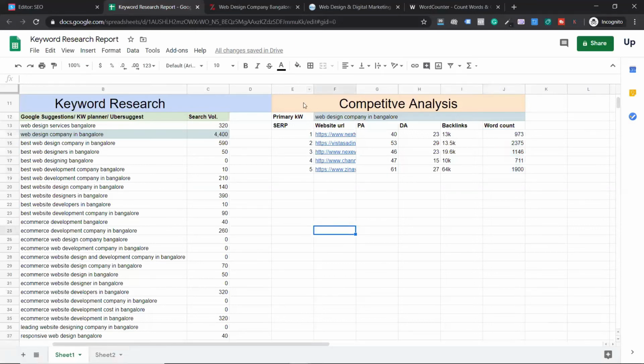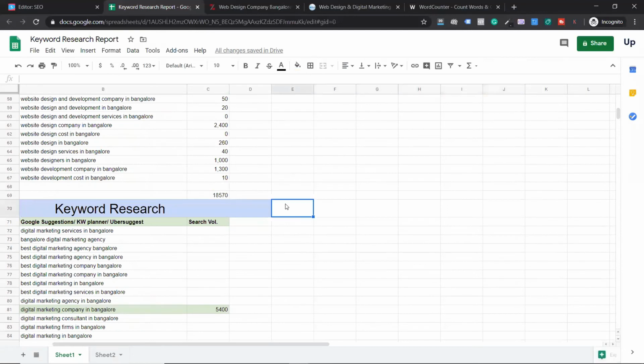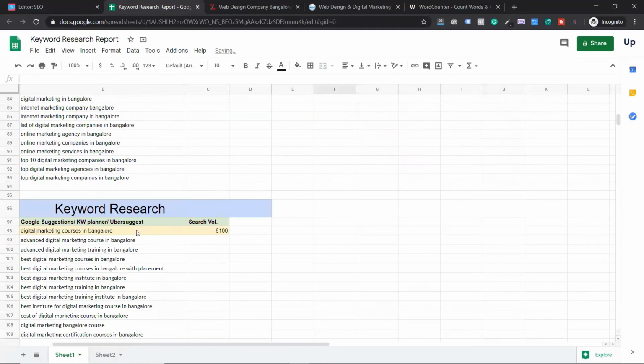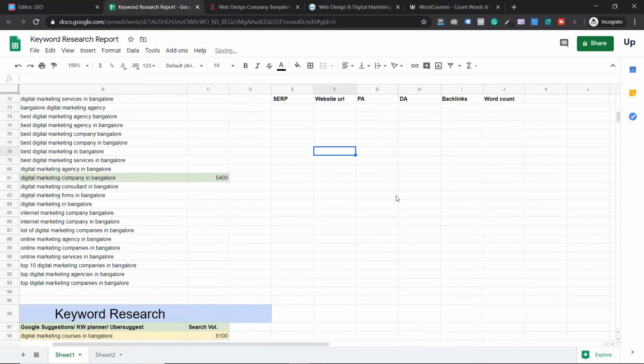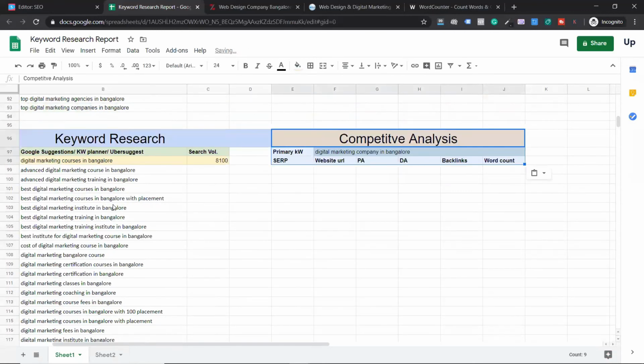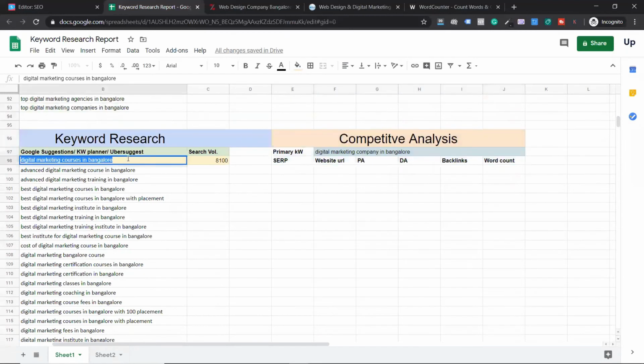Now again, what you do? Copy the first 3 columns. Go back here, come down here, paste it here. Now here you have this keyword. Copy this keyword. Again, you have to do it for top 5. So again, you take this keyword, copy, paste. Again, you delete this here. I know which is the one having the highest search volume. Copy this and paste them here. This is what you have to do, guys.